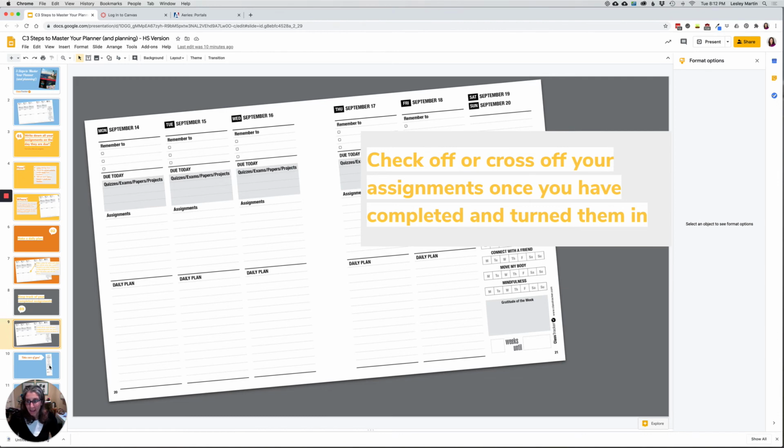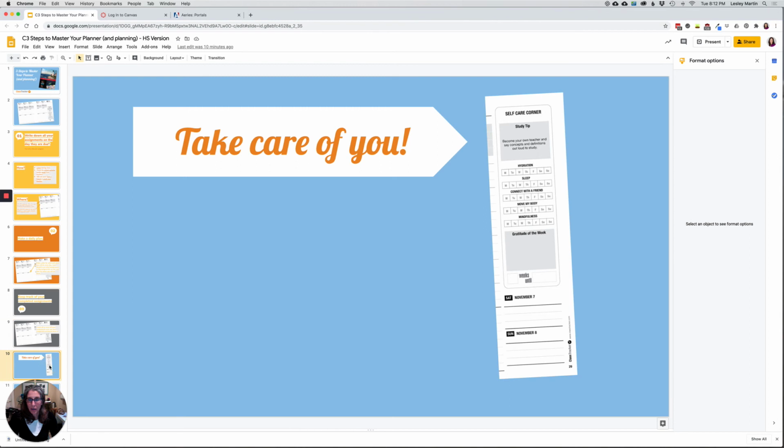So finally, now that you have your 3 steps for mastering your planner, we want to make sure that you are taking care of you. And that maybe should be the first slide, that during this pandemic, self-care is super, super important. We normally rely on our teachers and our friends to make sure that we are good, and without seeing them on a regular basis, this is a little bit more difficult, and the onus falls on you individually. So we really encourage you to keep track of